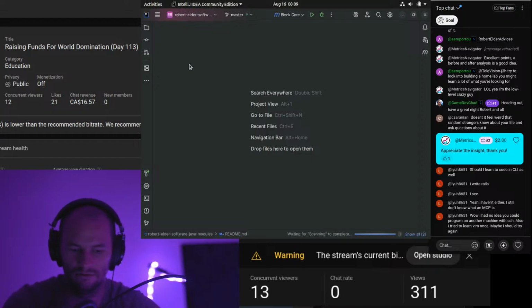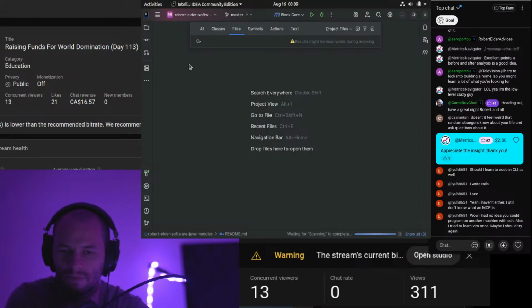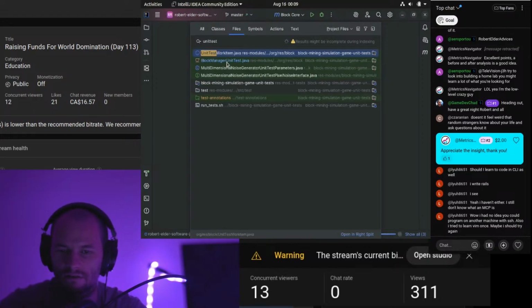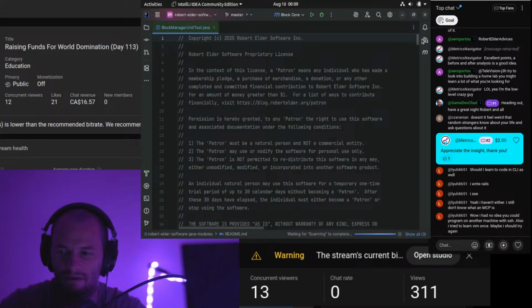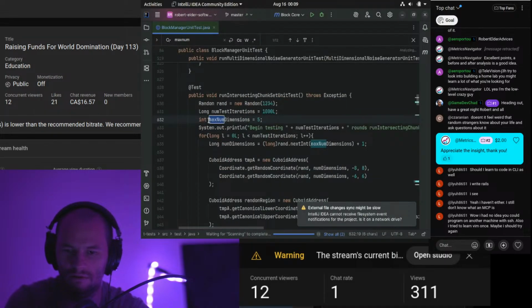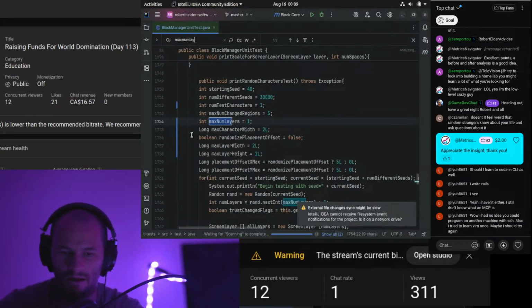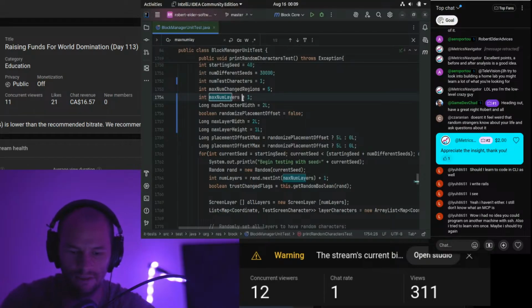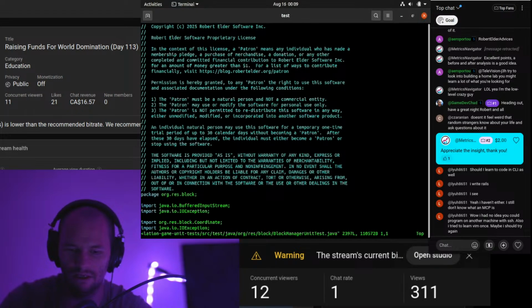Then we'll do Control-Shift-N, if you want the unit test file, block manager unit test. Okay, and here I could go num max layers. I think max num layers. Yeah, there we go. So here's the equivalent operation done through an IDE. And then the other, so if I open that,